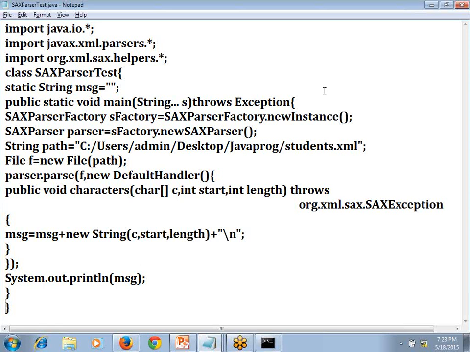The top people will give priority for Java, then the second grade people will give priority for dot net. The third grade people will give priority for